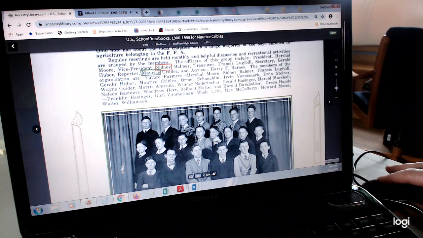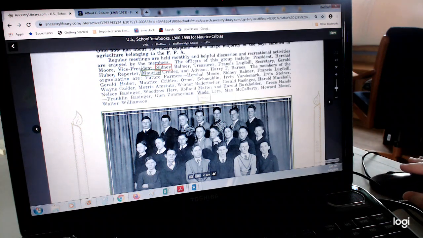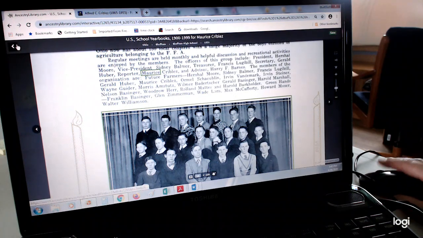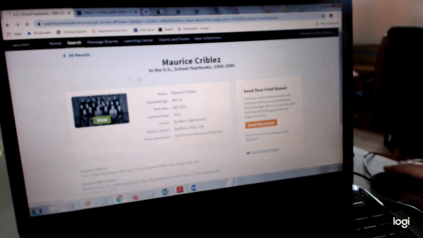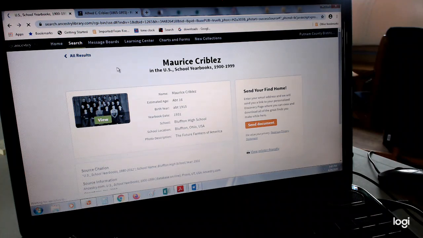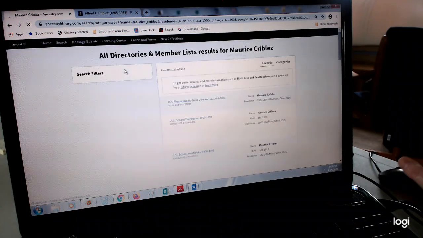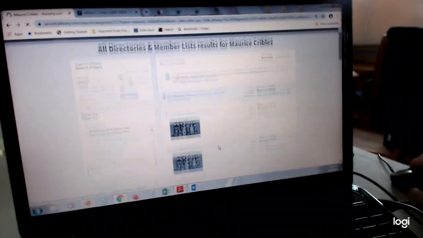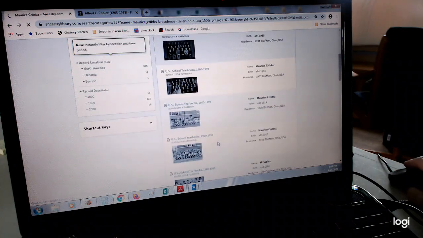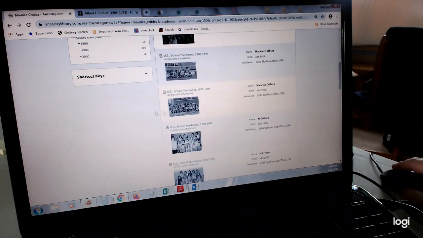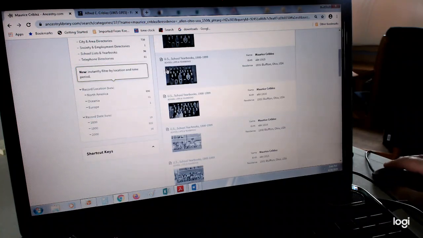There he is, right there. So, we have found a picture of Alfred. If we look through these yearbooks, we might find pictures of most of his children. So it's just something different than your normal birth, death, marriage, wills, records that are available other places. You could throw other kids' names in here, other children that they had.